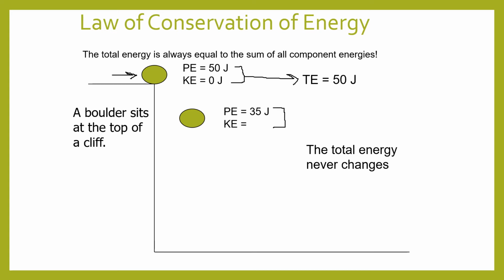Well, I know the energy is not created or destroyed. So if I lose potential energy, it's got to go somewhere. In this case, it's going to go to kinetic energy. Because I know the total energy never changes. It's just converted to a different form of energy. So I know that every single spot when the boulder is in the air, its total energy has to add up to 50. So let's just say it keeps falling, all right? Now at this point, I know that the kinetic energy is 38. What's the potential energy? Well, I know that these two energies must add up to equal 50.